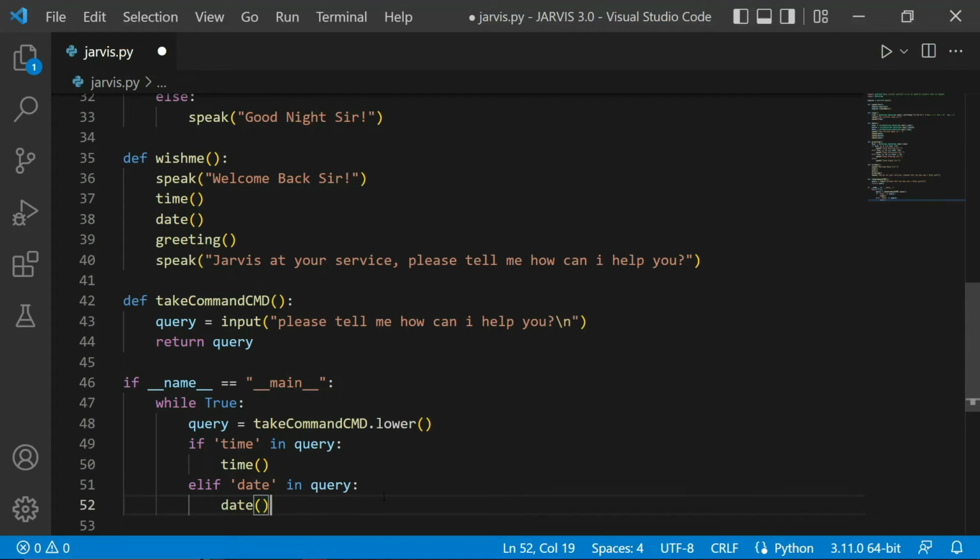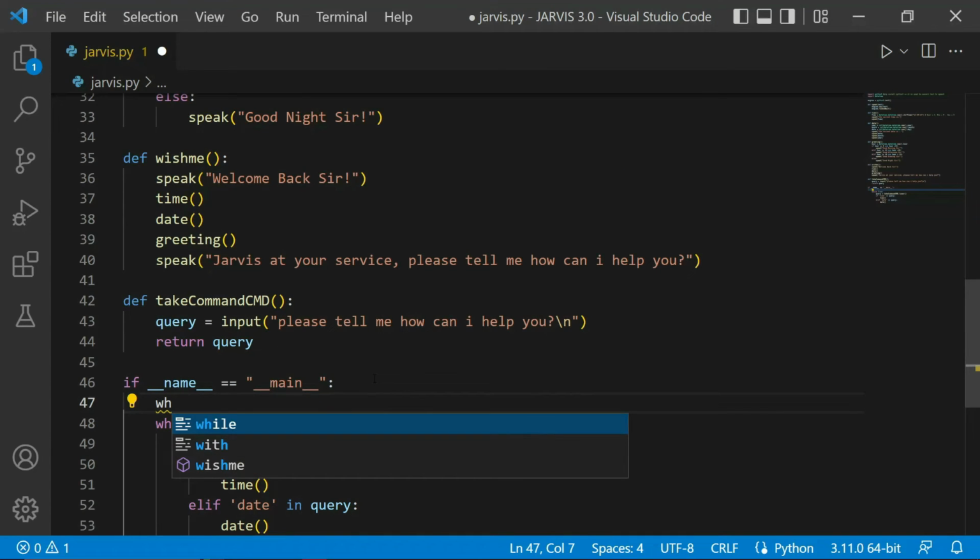So basically what we are doing over here is, first of all, we will get the query from the user using the take command function, and this query will be in the form of text through the command prompt, and it will just check whether the query or the question that the user asked contains these things, which is time and date, and if it contains that, it will call the particular function accordingly. And also we want to call this wish me function initially when we run our code. So for that, before this while loop, we can call the wish me function. So I can do wish me,